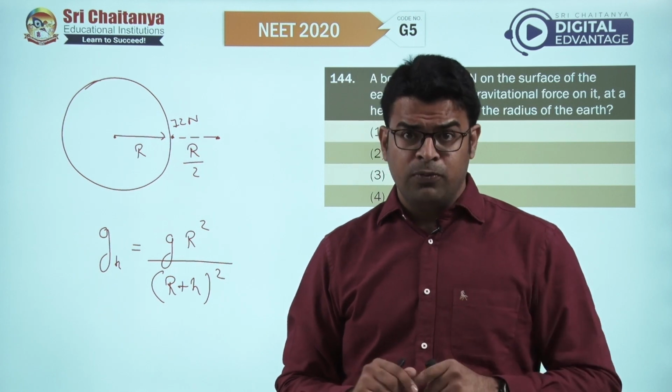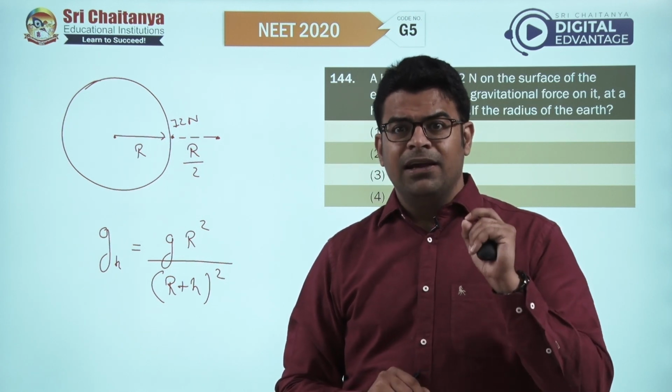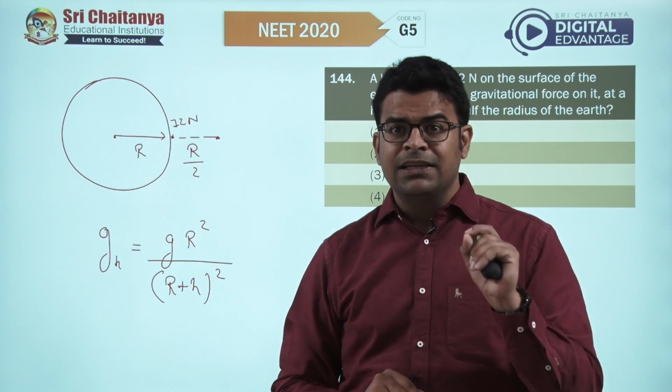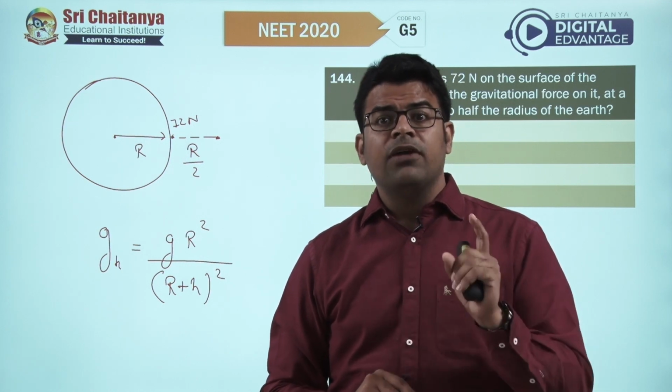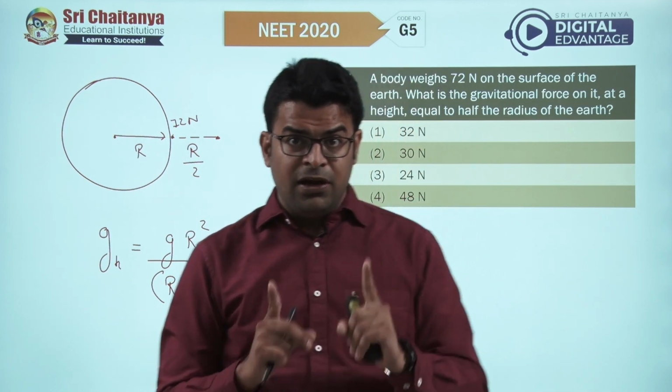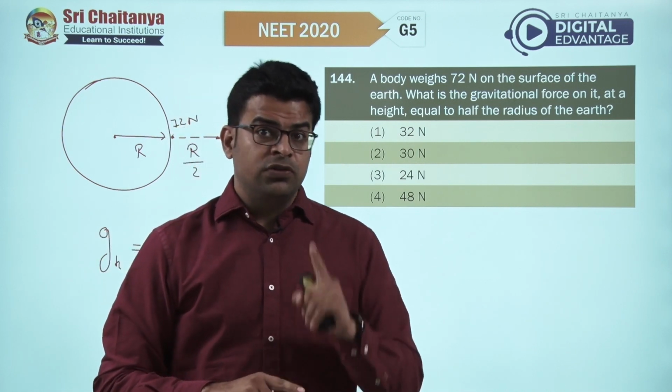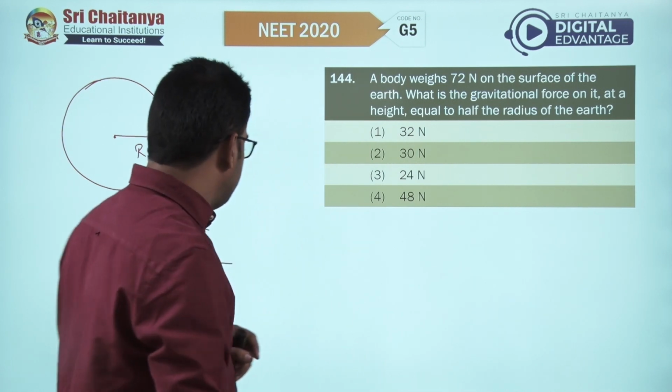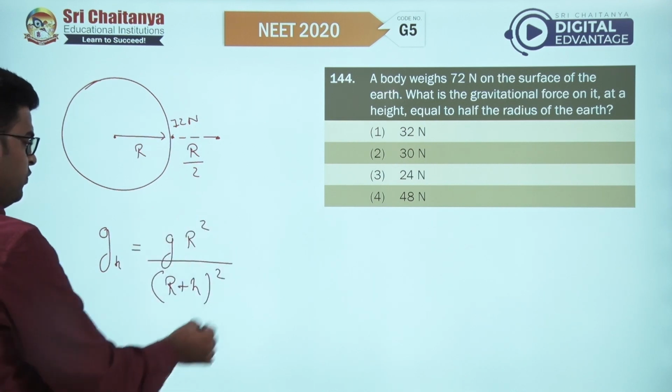If you have used that formula, you will find that g comes out to be 0, because that is the incorrect formula to be used here. That works only for small value of h. Here h is comparable to the radius of Earth, so we can't use that formula. So, what we should do is use this one, which works for greater heights.